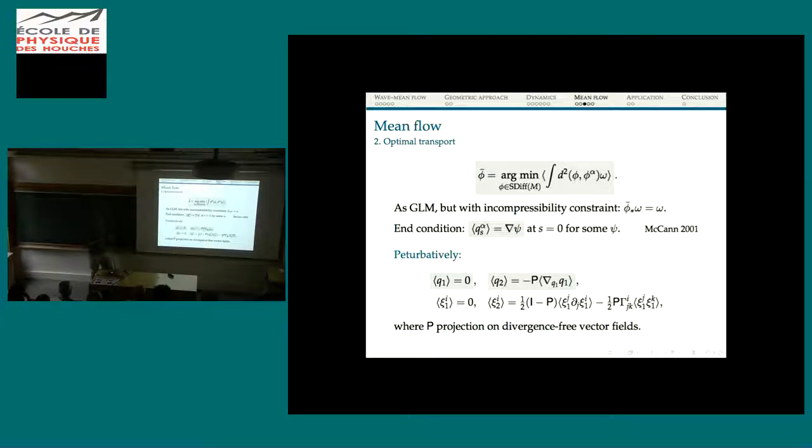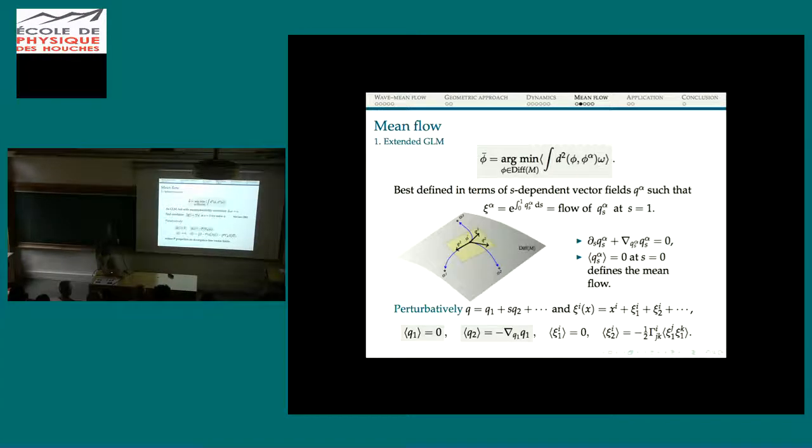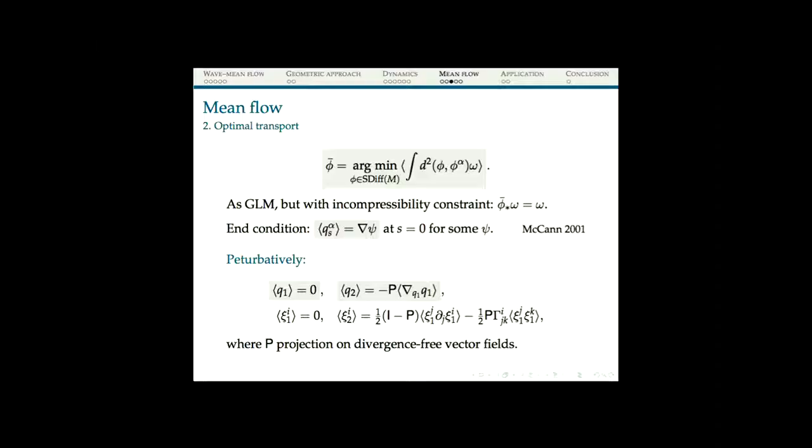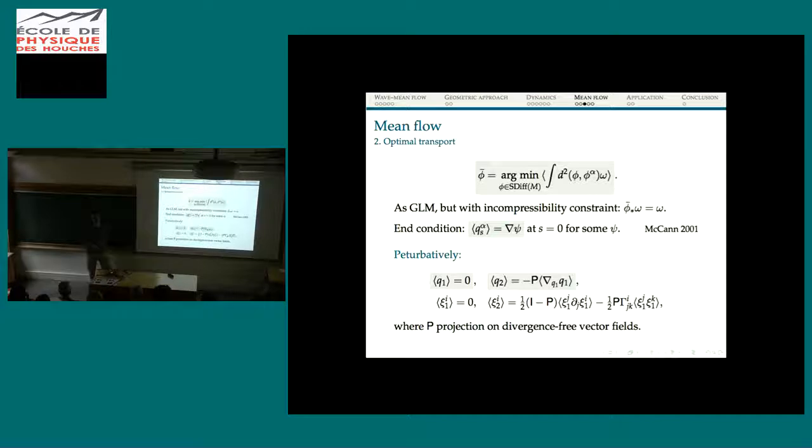So you can carry on the same calculation, and what you find is that the constraint, which was that the mean of the fictitious velocity fields be 0, has now turned into that this mean should be a gradient of some function, and you pick the function to ensure volume preservation. Okay, and if you know about optimal transportation, this is what arises there, because I'm just doing that actually. So again, I can calculate things order by order,